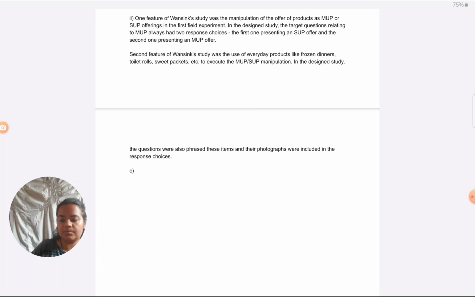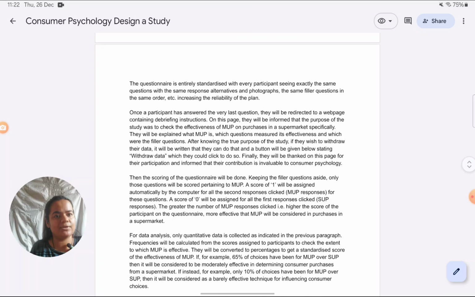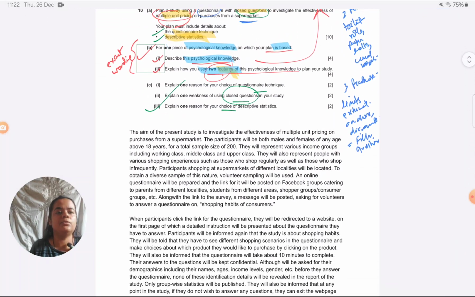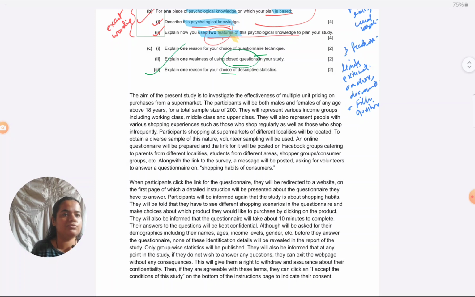But I'd like to remind you, I strongly discourage passive studying. I strongly discourage just downloading PDFs and keeping them aside and reading them one day before the paper. That will not help you answer the questions. So if you want to download this for reference, please use it in the right spirit. Use it to learn from it. Don't use it to imitate it or to use it as a last minute reference. That is not the intention with which I'm uploading this answer.